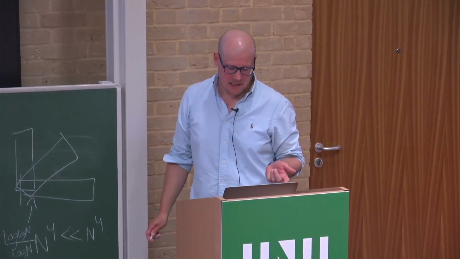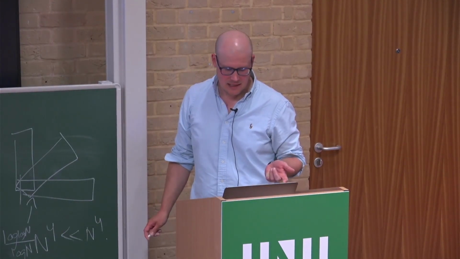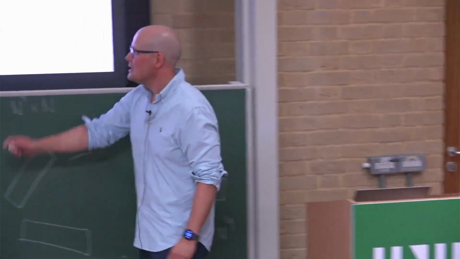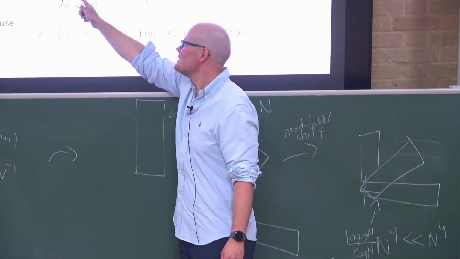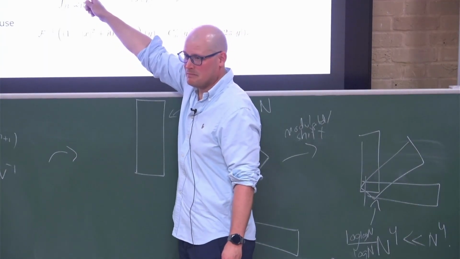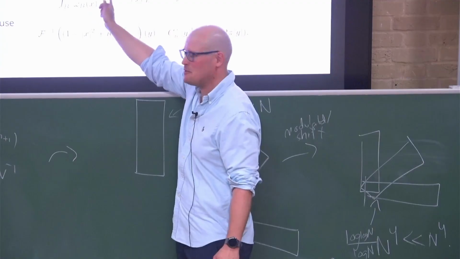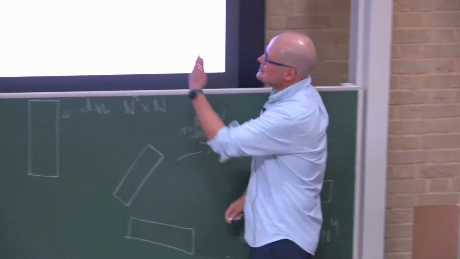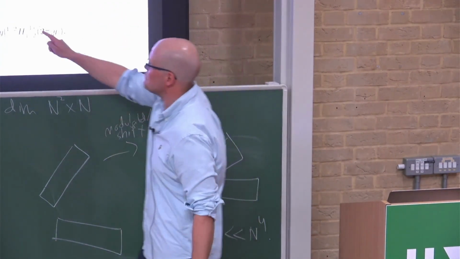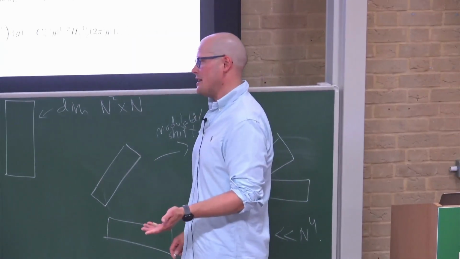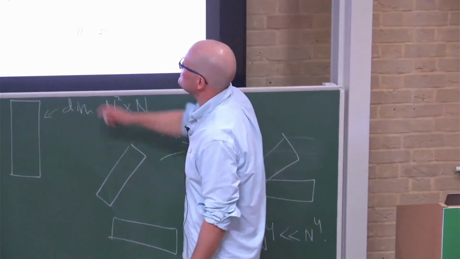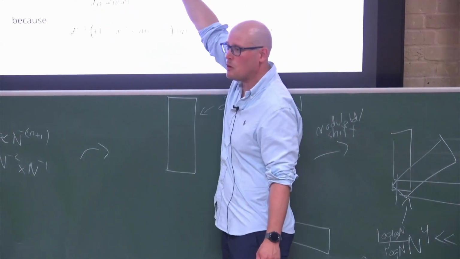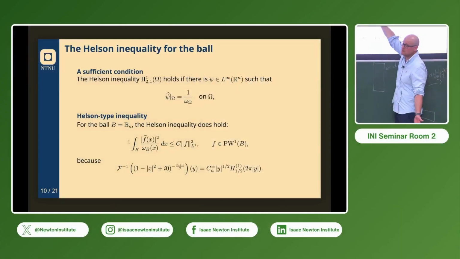The Helson inequality is the one that I had before, the weaker inequality where instead of a 1, we have a square. That's weaker because we're in a bounded set, so the infinity norm of the Fourier transform is always less than the 1 norm. So this kind of Helson inequality is weaker. And one criterion for that is the same one I had with this function b earlier. You would have the same kind of criterion here, but with 1 over this weight function, right?